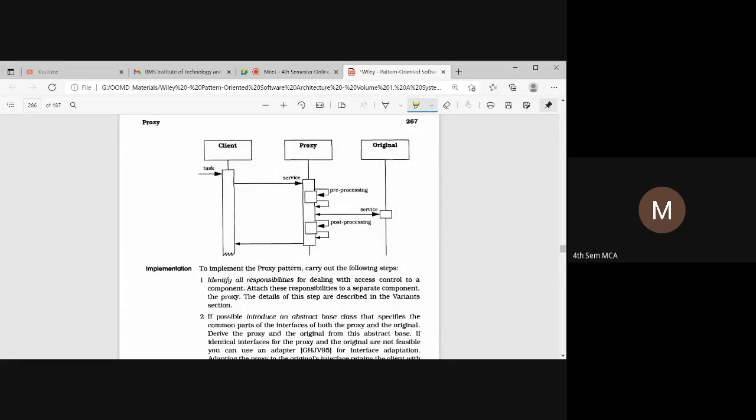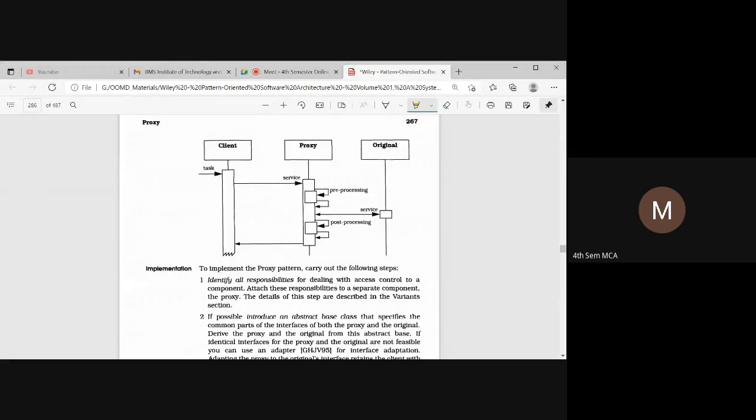So in dynamics, we have a client, proxy, and the original. The client has to perform a task, so the client approaches the proxy for a service. The proxy will pre-process. What about the pre-processing? It has to locate the server where the service has been implemented, and identify which client has raised the request. It has to locate the server, and what kind of services are available.